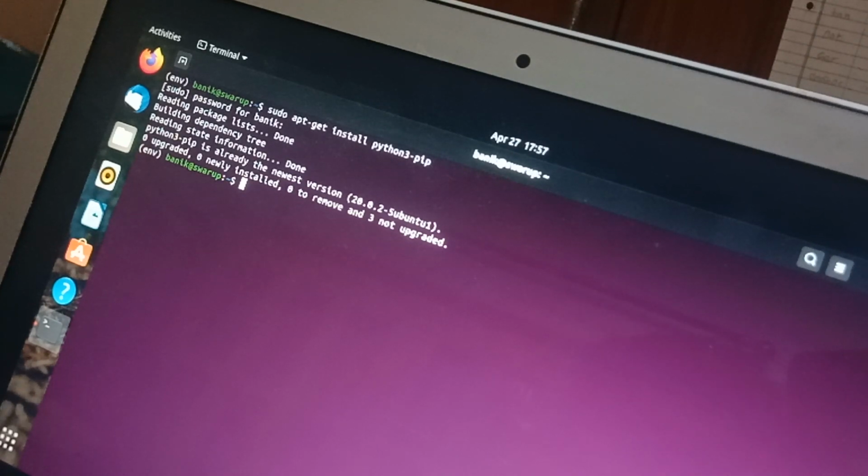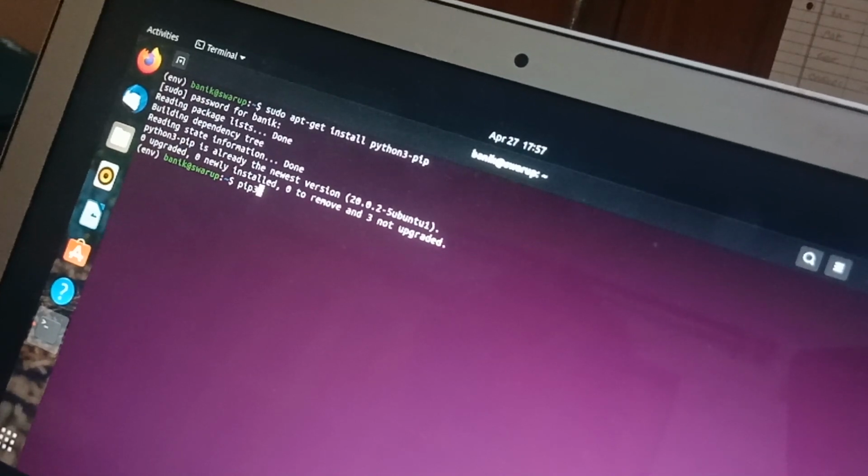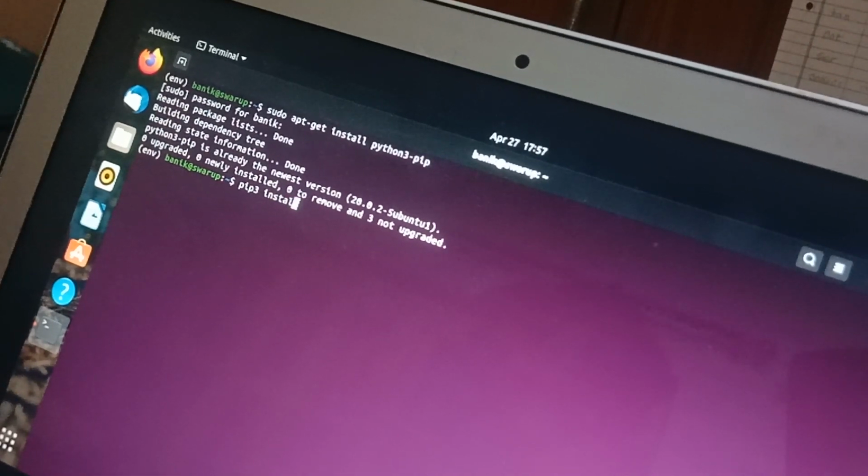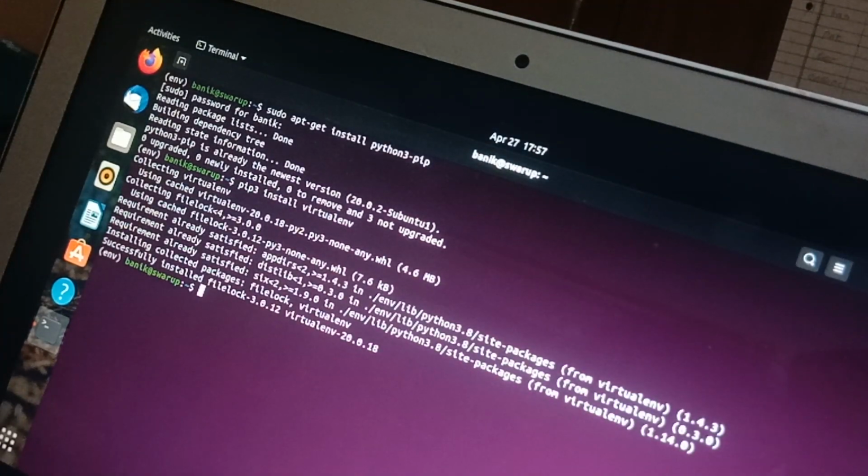Now I will install the virtual environment. The virtual environment got successfully installed.